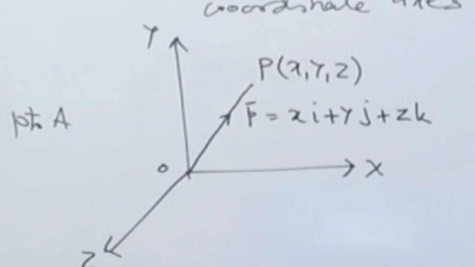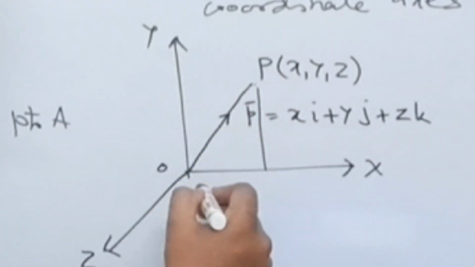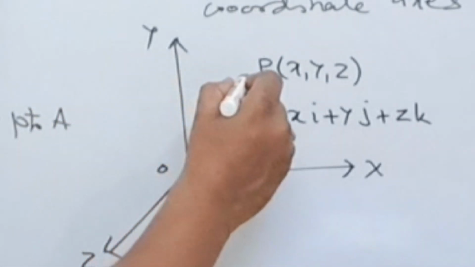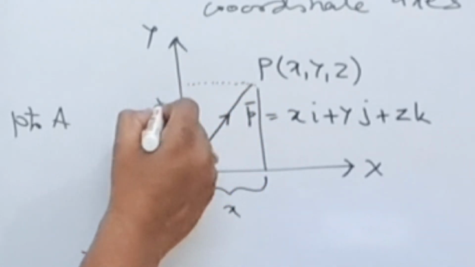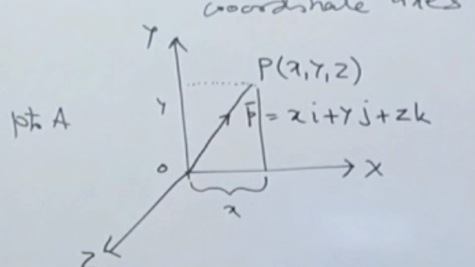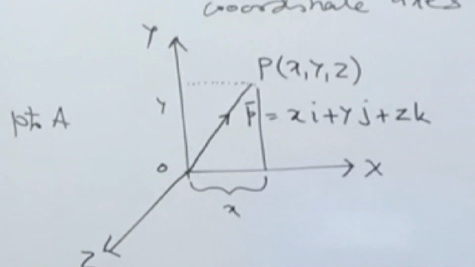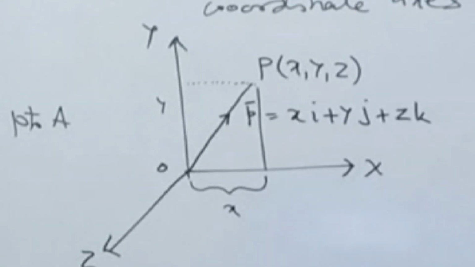What does xi plus yj plus zk mean? If I drop a perpendicular from this point P on x-axis, this particular distance will be nothing but x units. If I drop a perpendicular from this point P on y-axis, this will be obviously y units. On the same parallel lines, when I drop a perpendicular from point P on z-axis, the distance between point O and that dropped perpendicular will be z units. It is similar to this. If you choose any point, then drop a perpendicular from this point on x-axis, y-axis and z-axis,